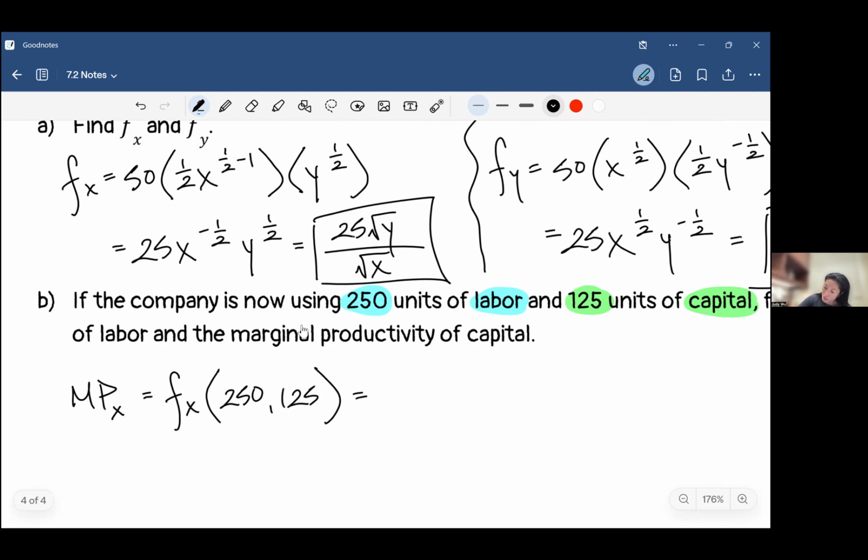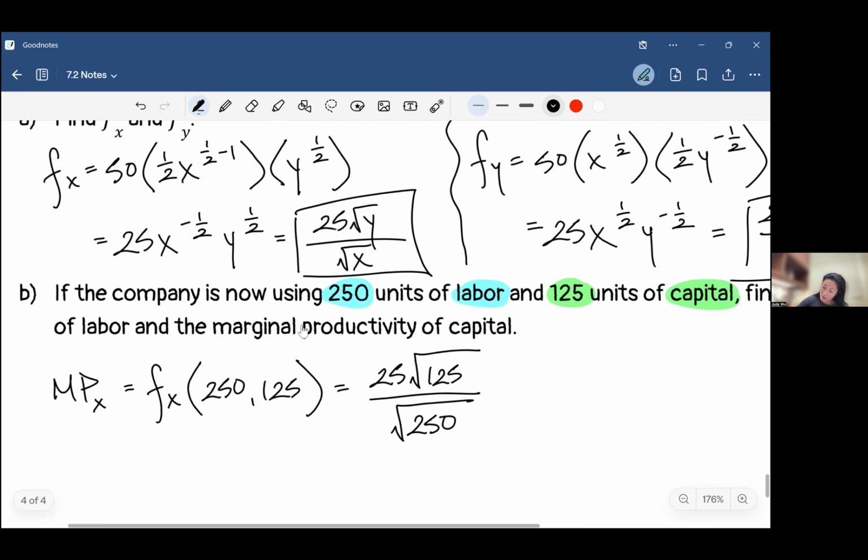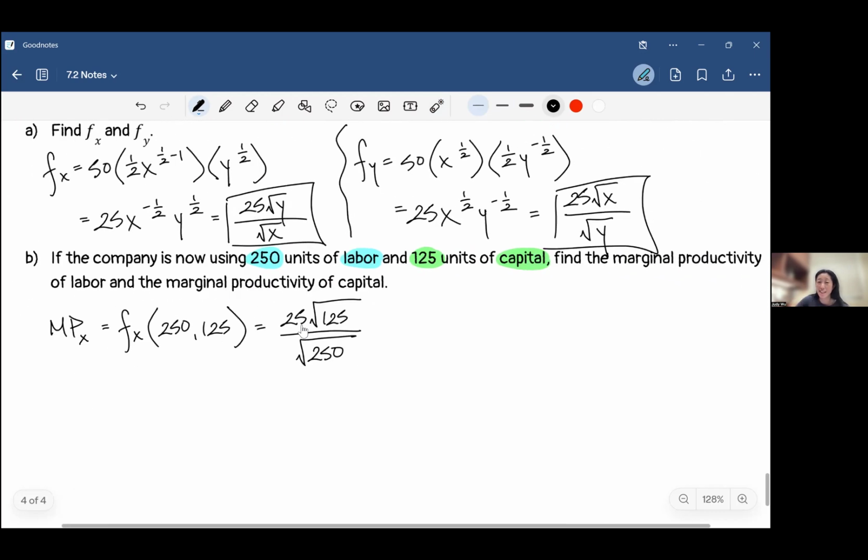All right, so I'm going to use the version that I blocked off earlier. 25 times the square root of 125 over the square root of 250. And because we're looking to find the actual marginal productivity, we're going to throw this into a calculator. We get